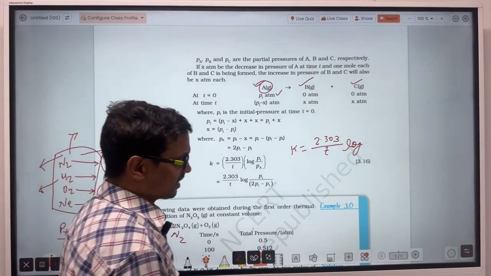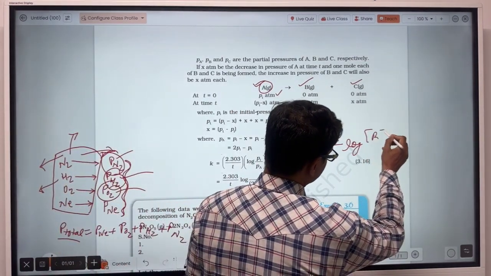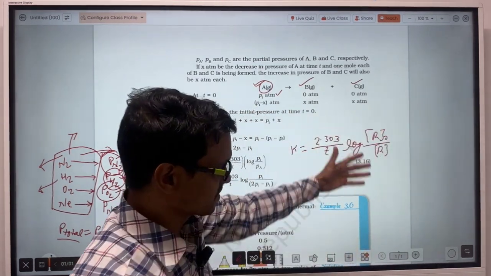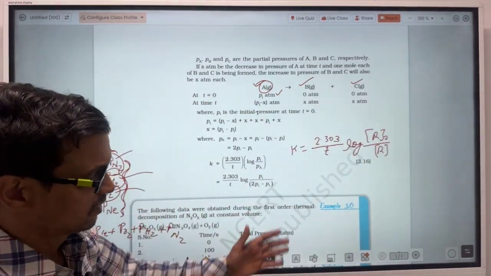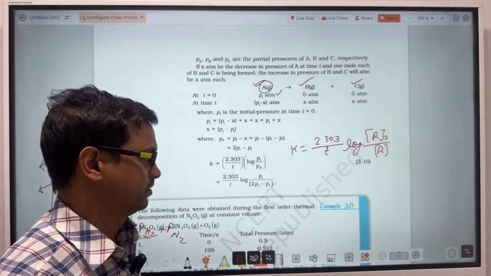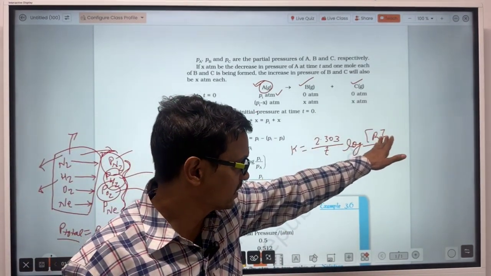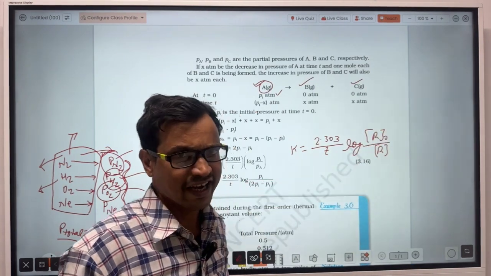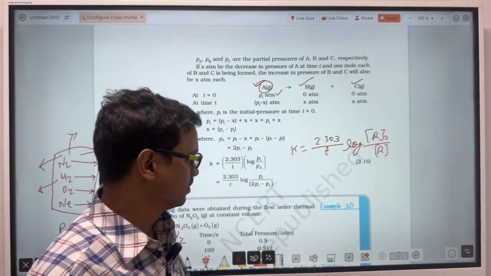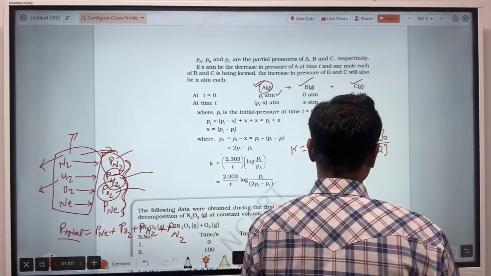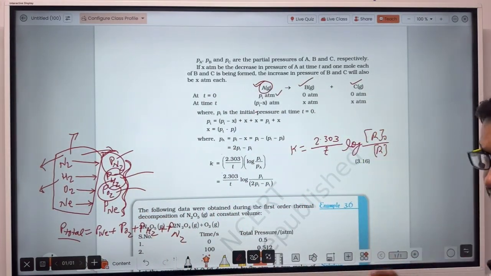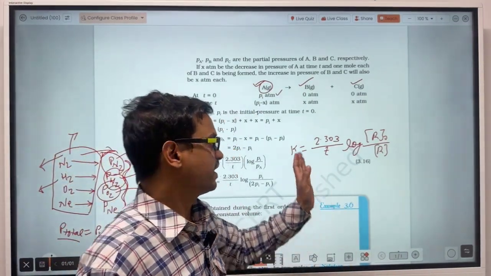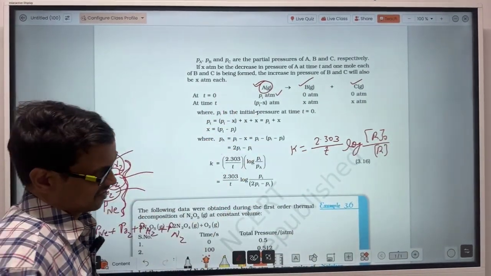R naught by R, which we have taken in solution. That means we have taken the initial concentration of reactant and the final concentration of reactant. That means the concentration of reactant at t equal to 0, and the final concentration of reactant means the concentration of reactant at t. When the reactants are gases,